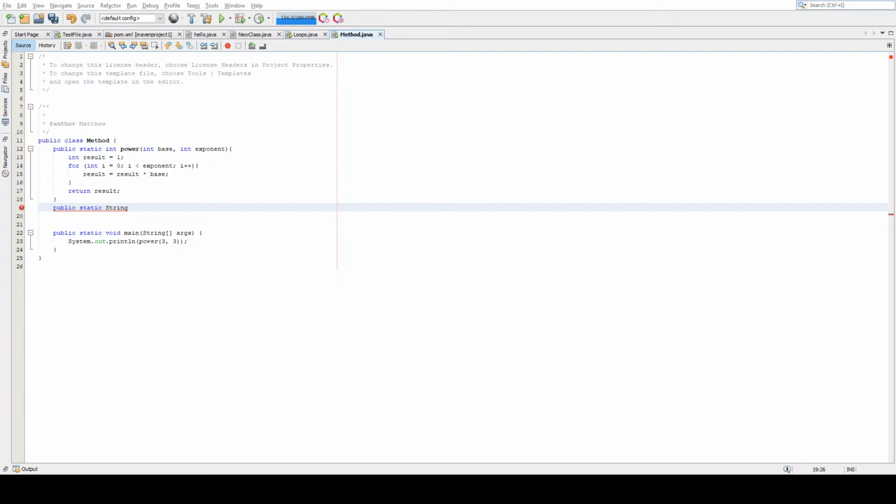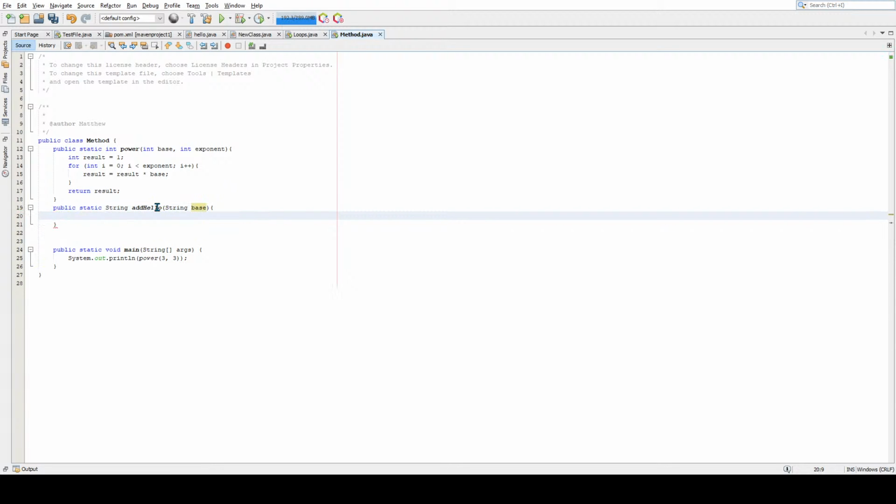Alright, so now that we've established this, we can start writing our second method. And now we're going to be returning a string. It's going to be called addHello. That is going to be the name of it. Alright, and we need a string to start out with, and it needs to be baseString. That's what we're going to call it. So inside of our baseString,